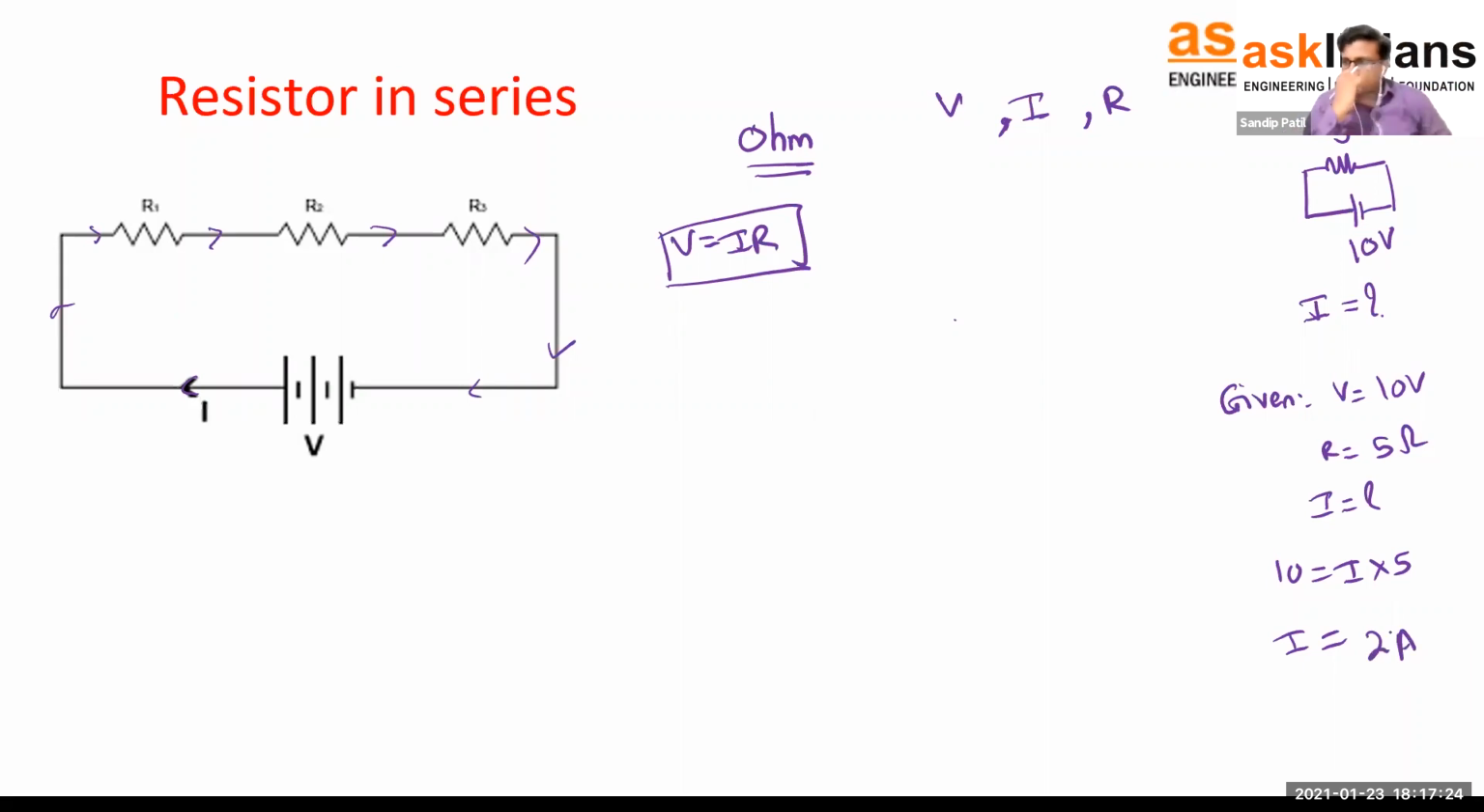Ohm is the name of a scientist. So we know that names of scientists are given to the units. So for resistance, his name is given, right? And resistance is represented by this symbol, Ohm, like this. Okay, we have seen this. So now,